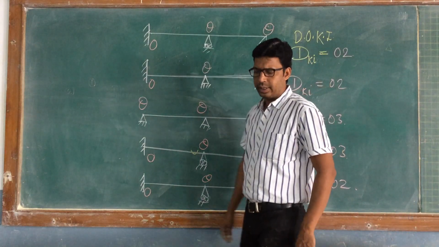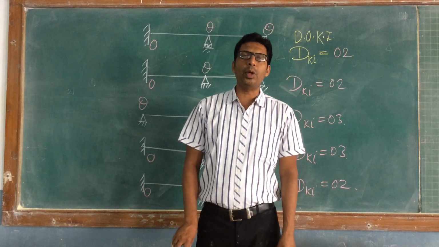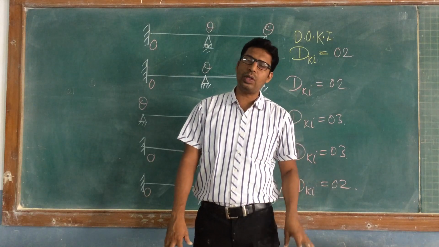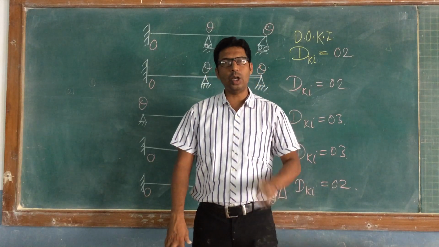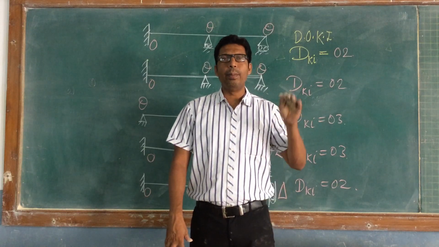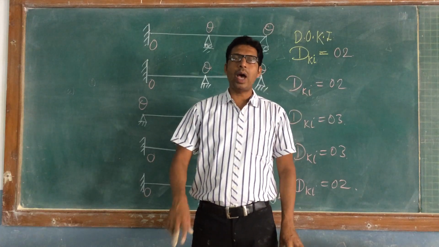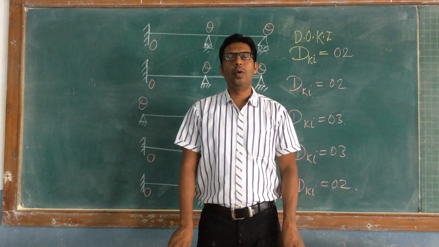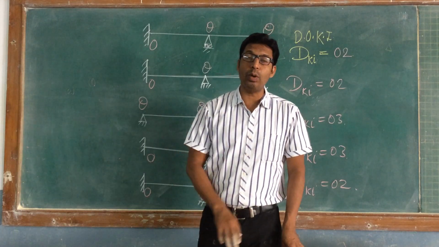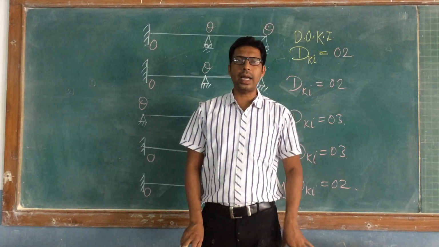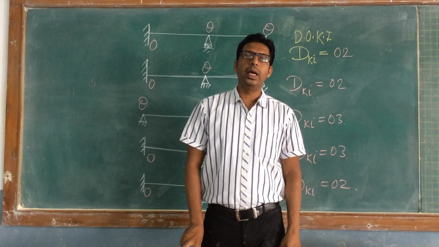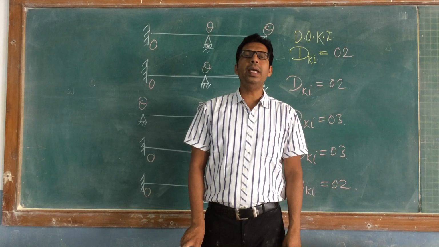In the next class we will see the basic 2 approaches mentioned in your syllabus, that is the structure approach and member approach. There are 2 approaches in unit number 4, unit number 5, unit number 6: beam, frame and grid. You have 2 parts in each unit. The first part deals with the structure approach and the second part deals with the member approach of analysis. So in the next class we will see what the structure approach and member approach are, and we will start the numerical examples on beam problems.